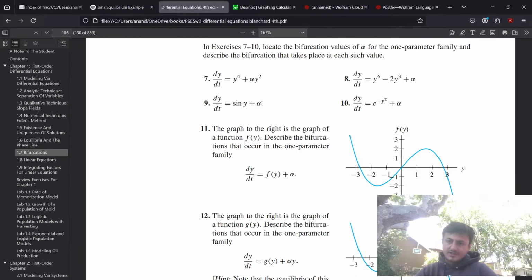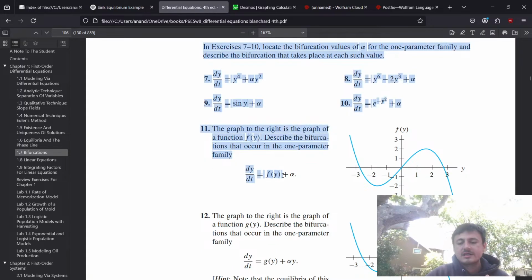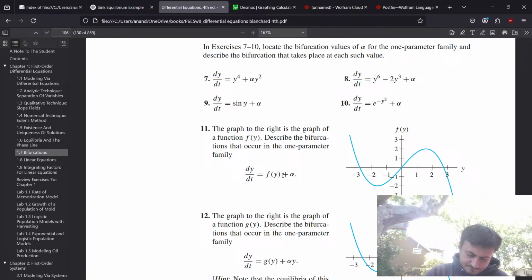Oh yeah, let's do number 10. This one's gonna be interesting. My default for f of y equals... for all of the ones like this, let's just start with a equal to 0. So we know that